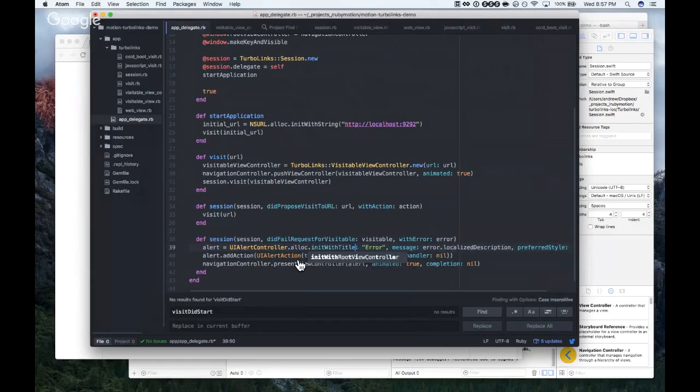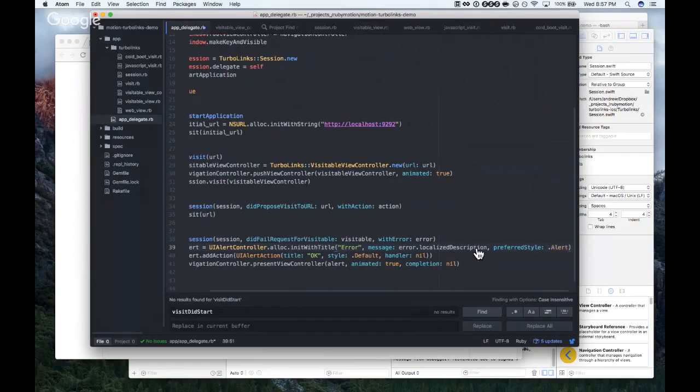With title. The preferred style will be one of the constants. Yeah, I never know what it's going to be.